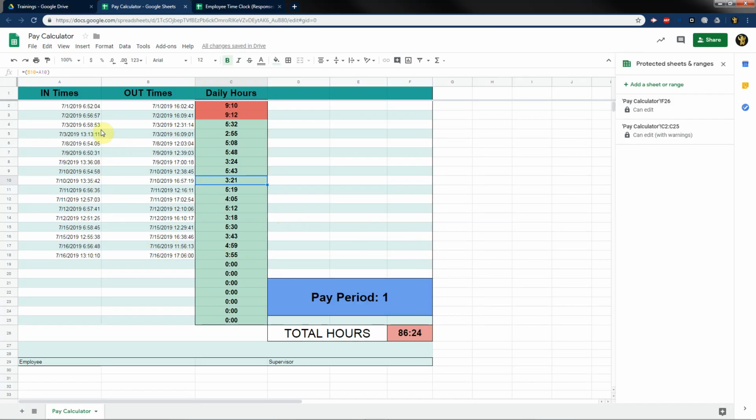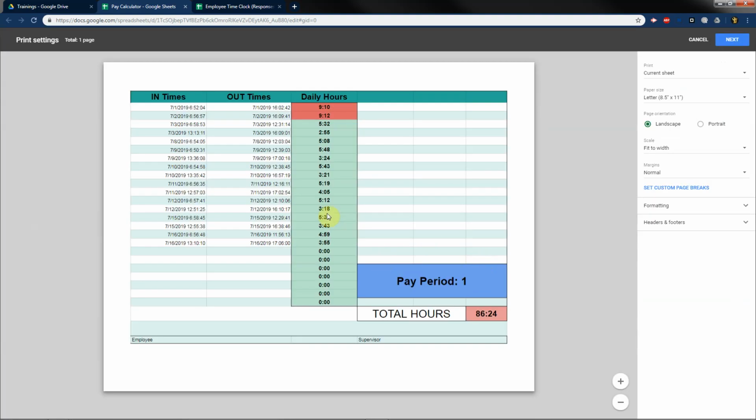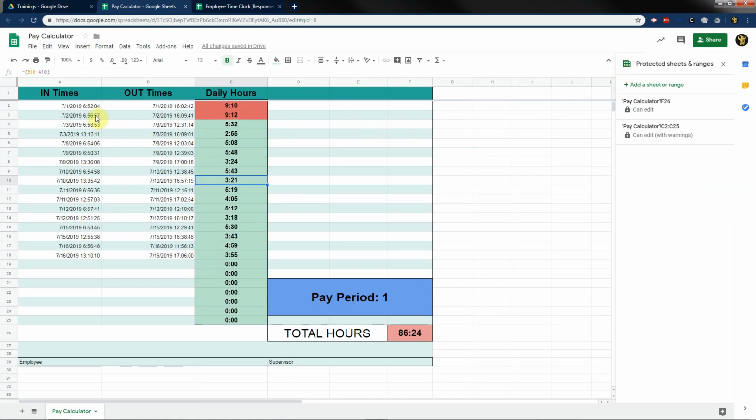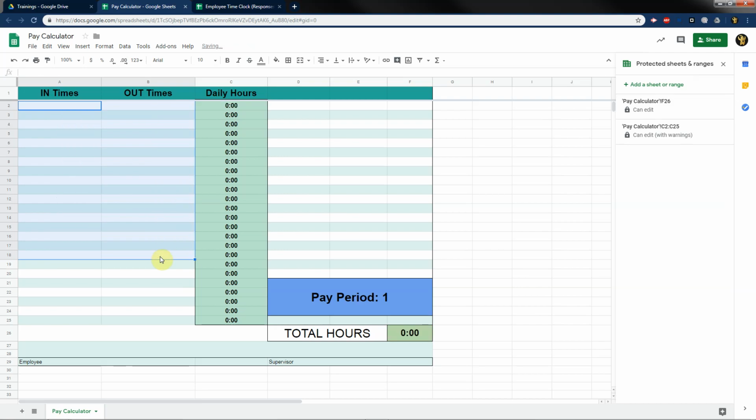Once this is done and you've got all this conditional formatting, if I go print, I can send this form to the printer. I can have an employee sign here, a supervisor sign here. And once they do that, then you just go back to the form and you just hit the backspace key and it zeroes out all of the data that's in those fields. And then, for example, you just come here to person 2